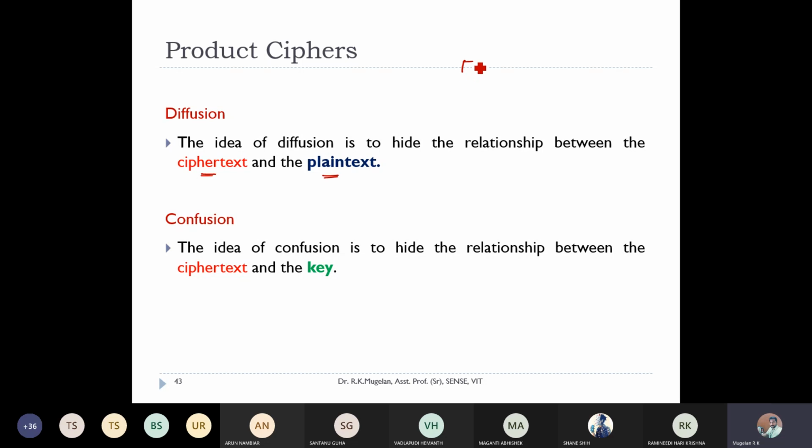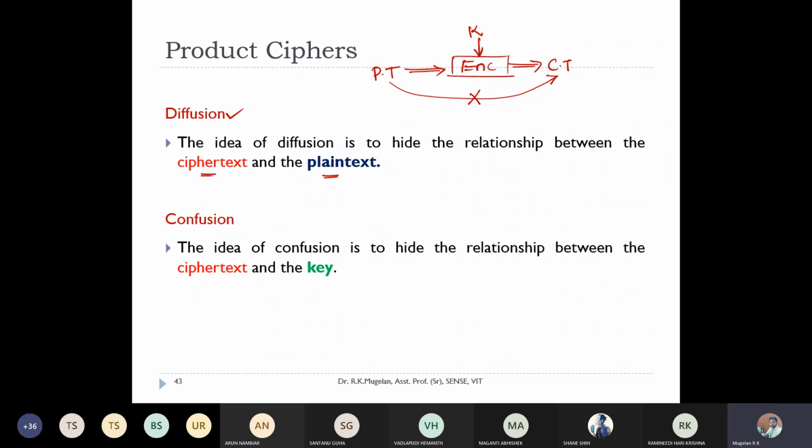That is, you have your encryption algorithm, we give it the plain text, which is encrypted using a key called K, and I get my cipher text here. How each character in the plain text is mapped to the cipher text, if this relationship is hidden,